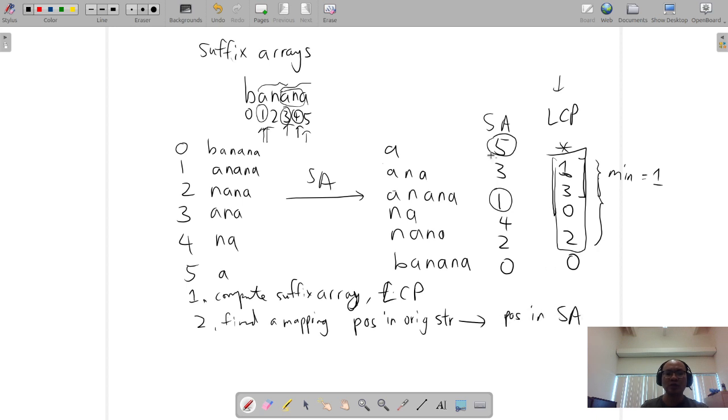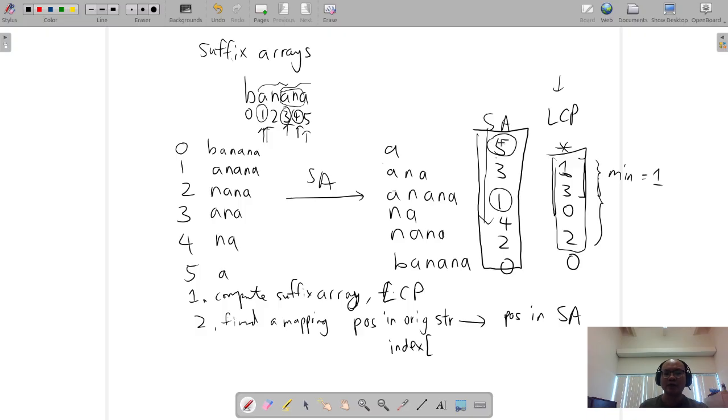How do I do that? This is guaranteed to be a permutation of 0 to n minus 1. So if I just scan through this, let's call this mapping, let's call it index. If I just do a loop on the SA value, then